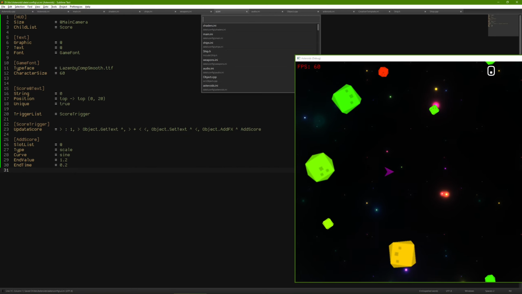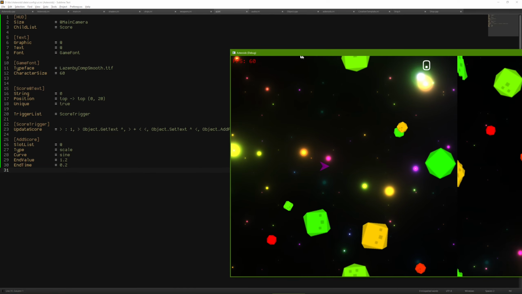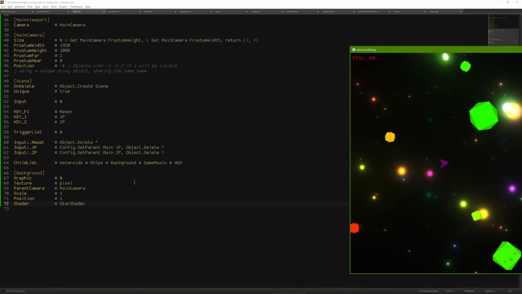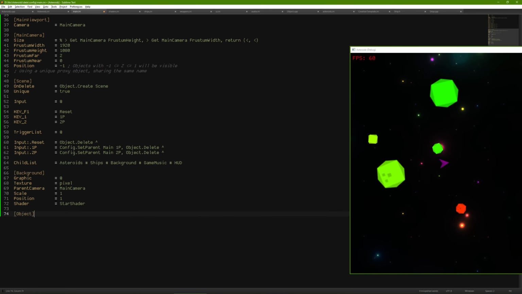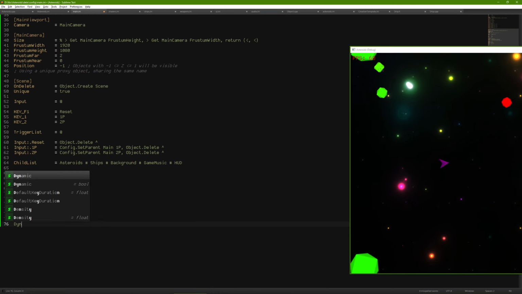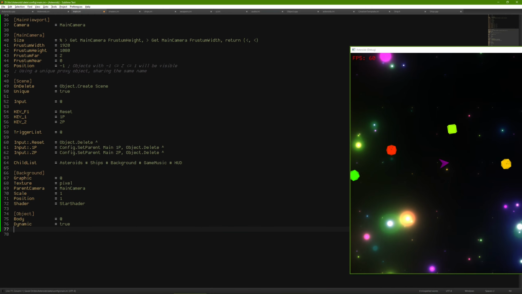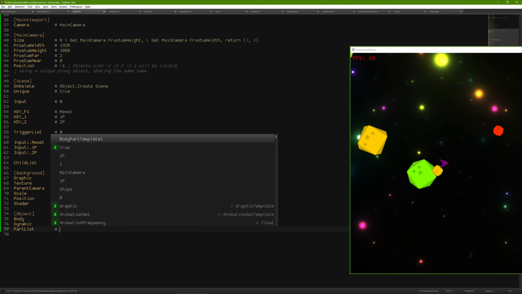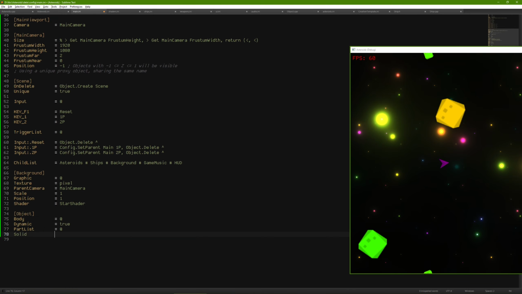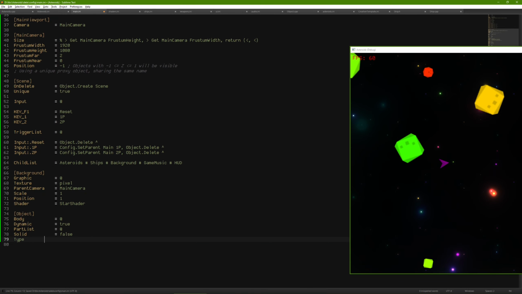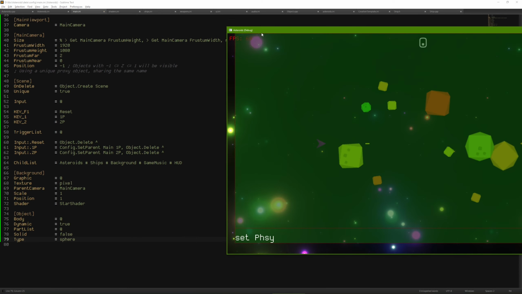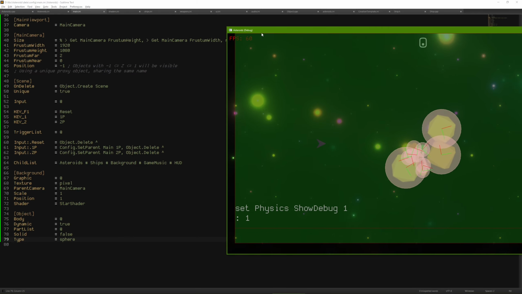Okay. We need to, well, we're going to score, but we don't even have collisions and things like this. I'm going ahead of myself. Let's add an object class, right? We didn't have objects yet. On the object, we're going to define a physics body, and this physics body is going to be dynamic. We're going to see it made with a single part. This way, we can just approximate it with a circle. This part, we don't want it to be solid. We don't want them to bounce off each other, and it's going to be a sphere, so in 2D it's a circle. And if I didn't mess up here, if I say set physics show debug true,